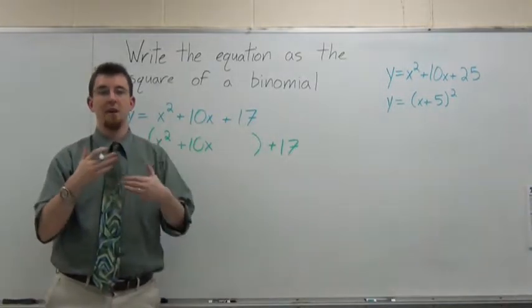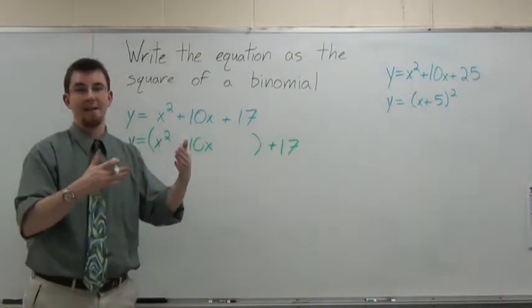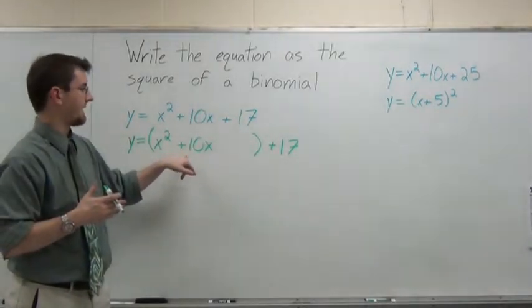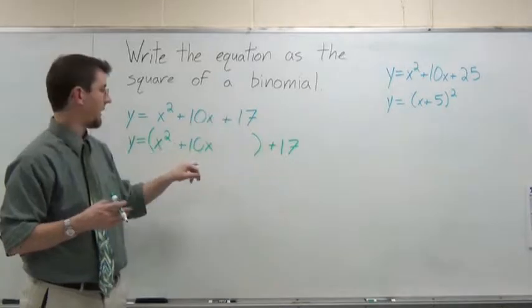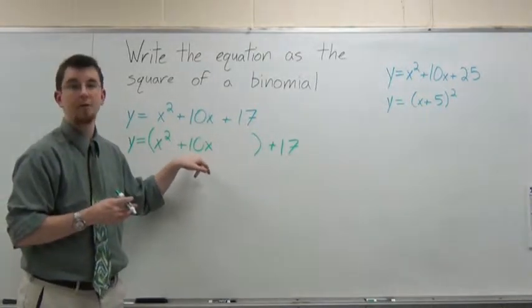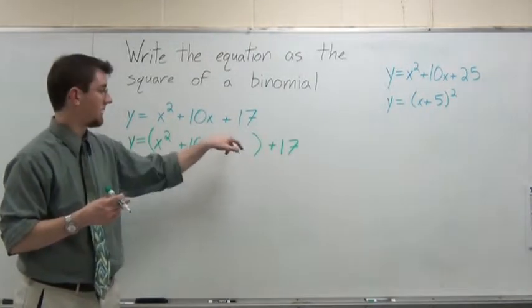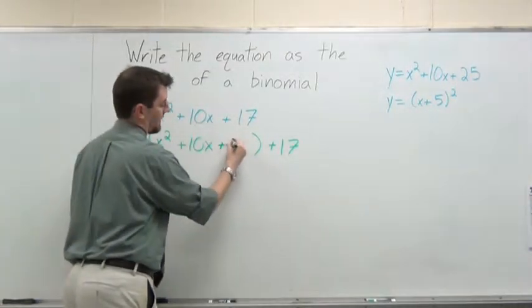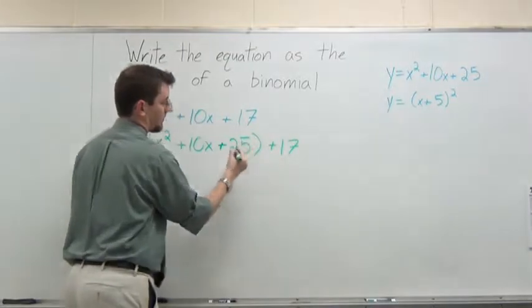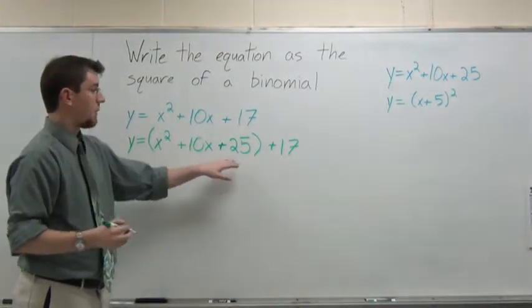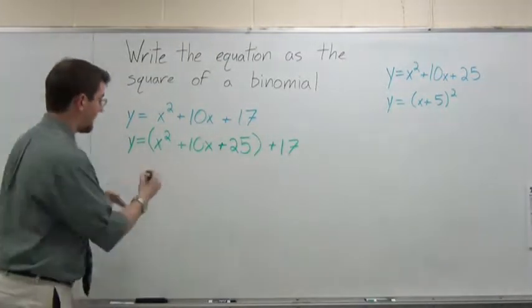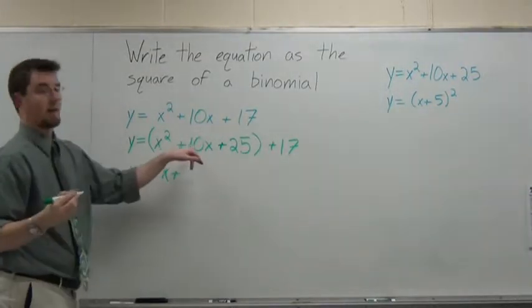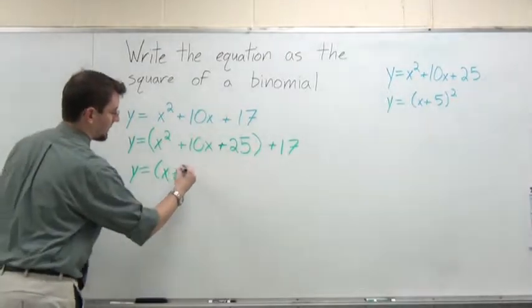Now this is where it's going to come into play. Can you find that c value that we looked at before? If I wanted to write this as a binomial squared, I take that middle coefficient, divide by 2, and square it. So 10 divided by 2, squared, is plus 25. Now what that allows me to do is write y equals x plus, well, 10 divided by 2 is 5, so I use that 5,